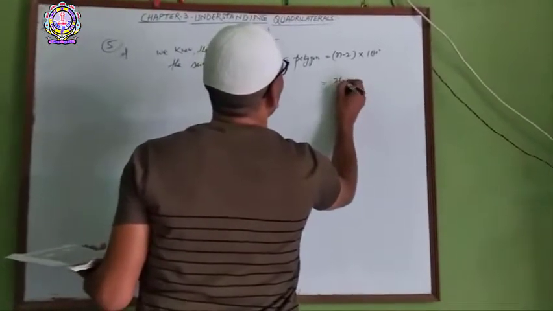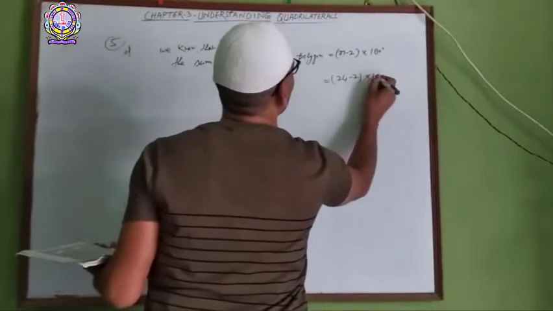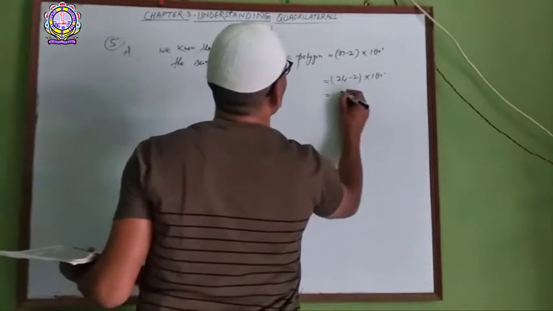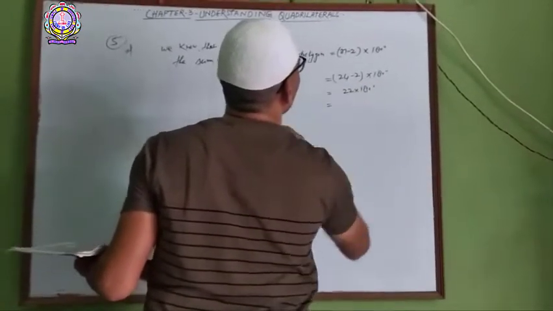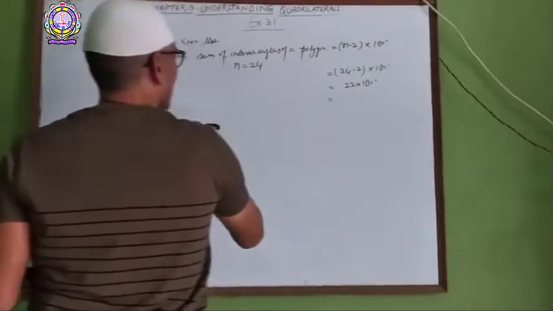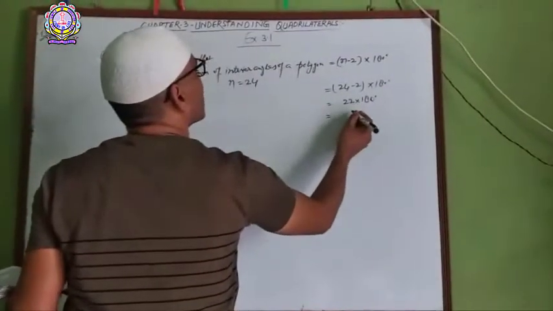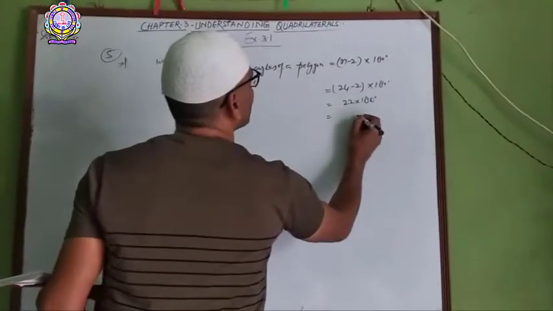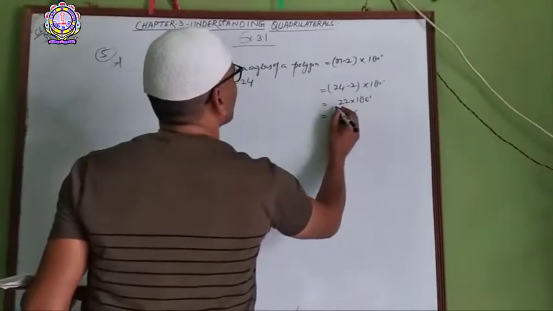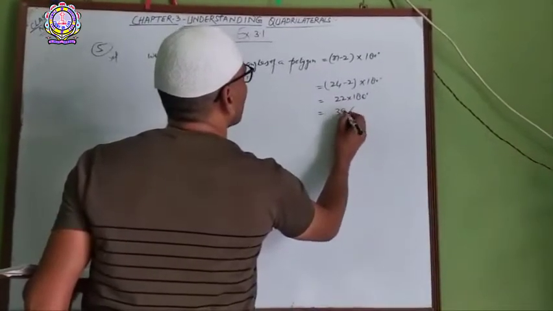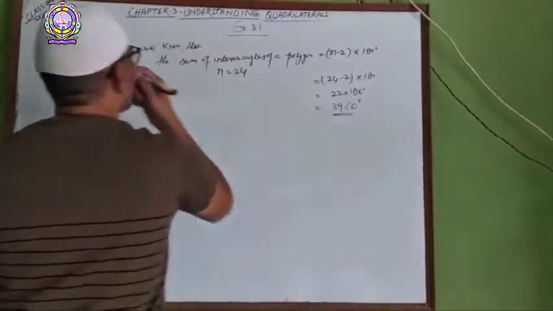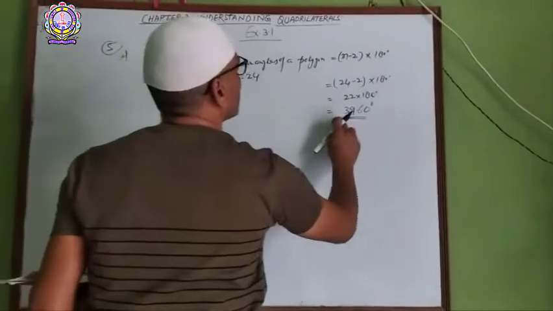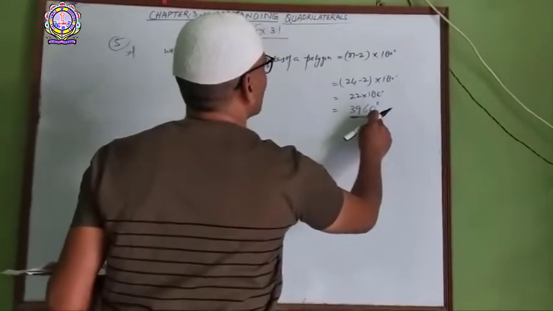So (24 minus 2) into 180 degrees will be equal to 22 into 180 degrees, and this will be equal to, okay students, you can calculate this. 18 twos are 36, 6 carry 3, 18 twos are 36 and 3 is 39, 0. This is the sum of the interior angles of that polygon, 3960 degrees. Okay, the second part of this question is